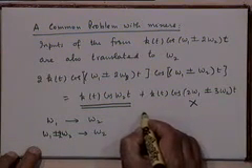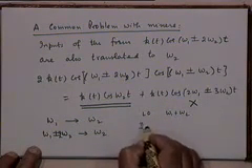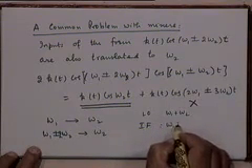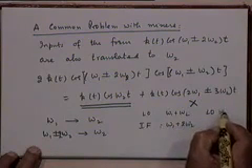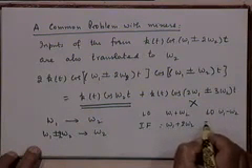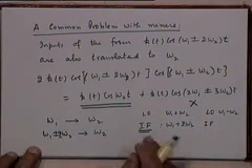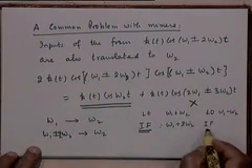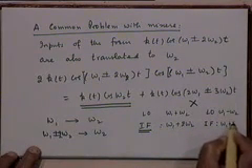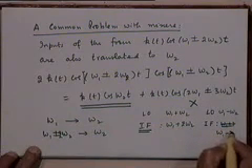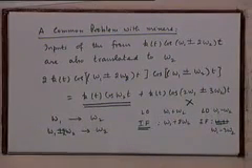More precisely, if LO is omega 1 plus omega 2, the image frequency will be omega 1 plus 2 omega 2. If your LO is omega 1 minus omega 2, your image frequency would be, actually this is a misnomer, I shouldn't use IF, IF is typically used to denote something else, but let me for the moment use that. This will be omega 1 minus 2 omega 2, right?